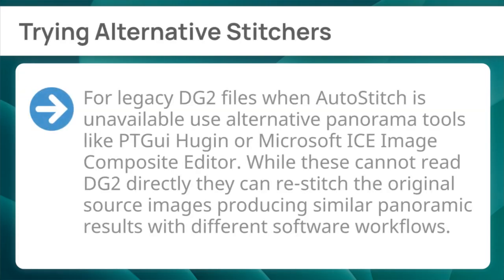Finally, trying alternative stitchers for legacy DG2 files. When AutoStitch is unavailable, use alternative panorama tools like PTGui, Hugin or Microsoft ICE, Image Composite Editor. While these cannot read DG2 directly, they can restitch the original source images, producing similar panoramic results